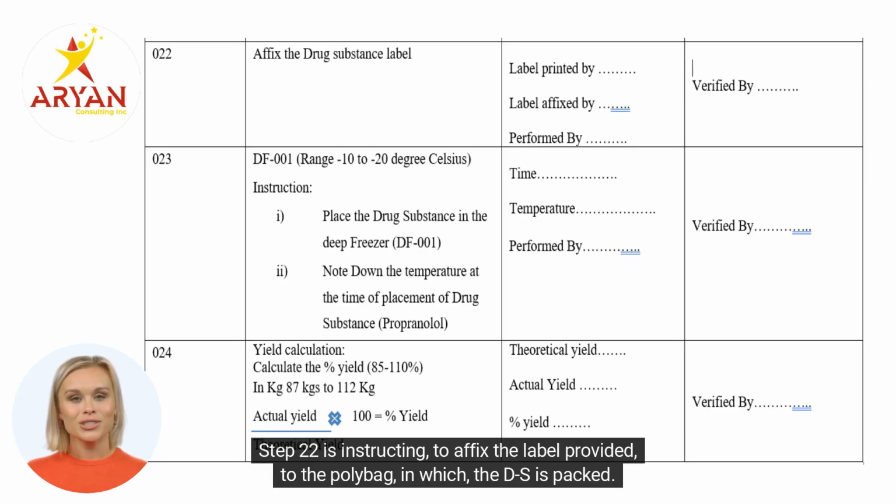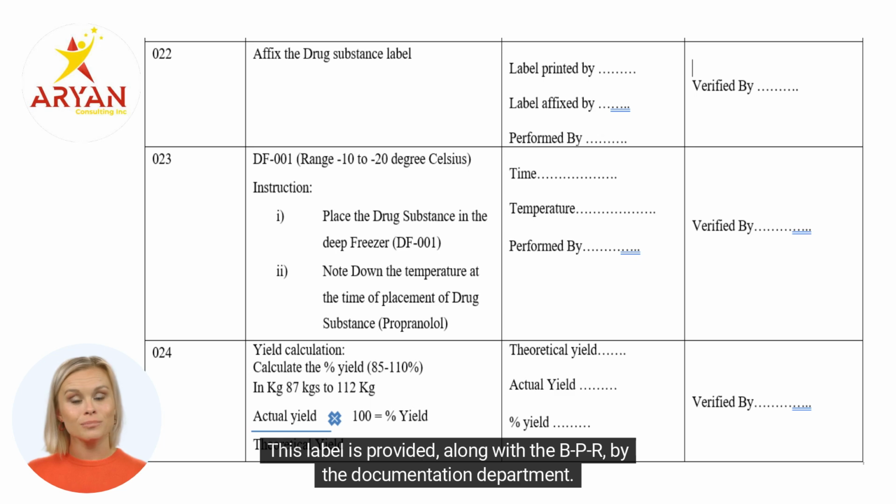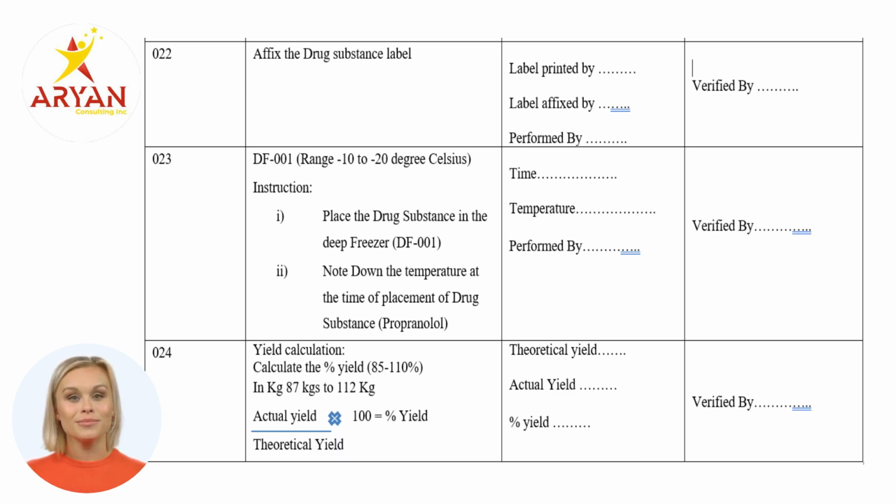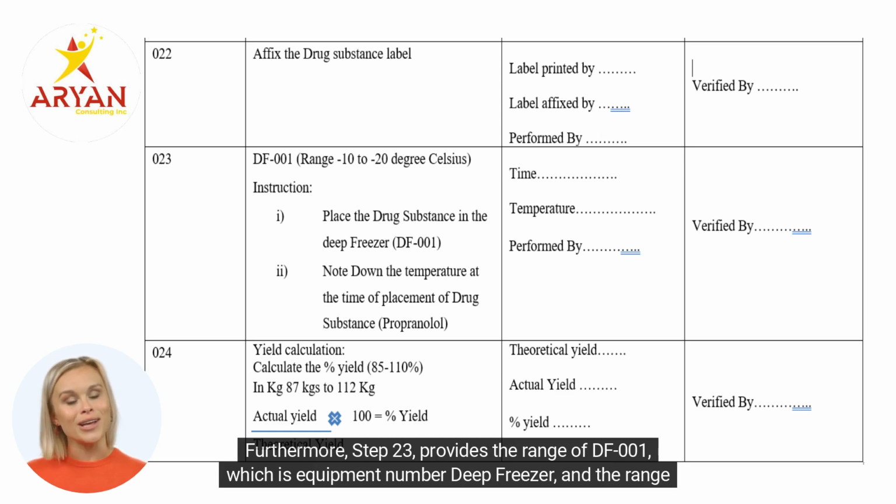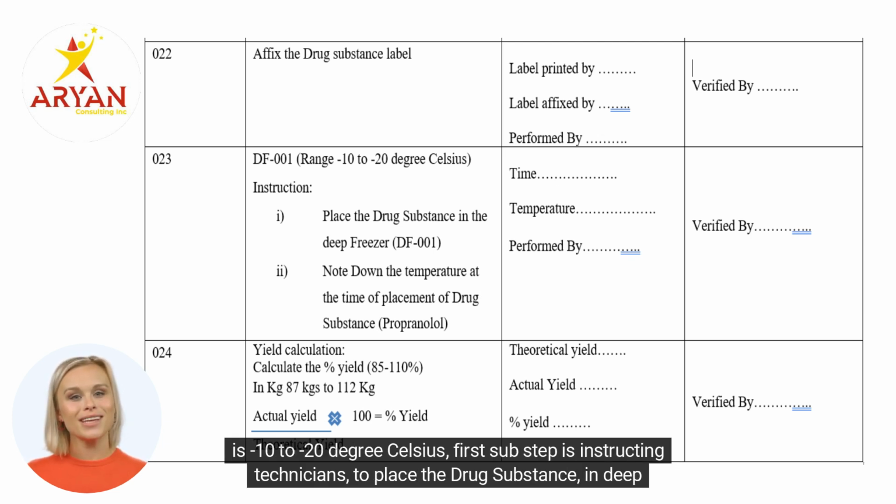Step 22 is instructing to affix the label provided to the polybag in which the DS is packed. This label is provided along with the BPR by the documentation department. Furthermore, step 23 provides the range of DF001, which is the equipment number for the deep freezer, and the range is -10 to